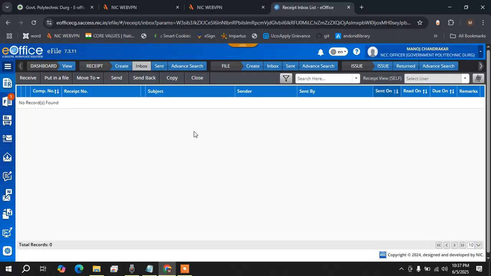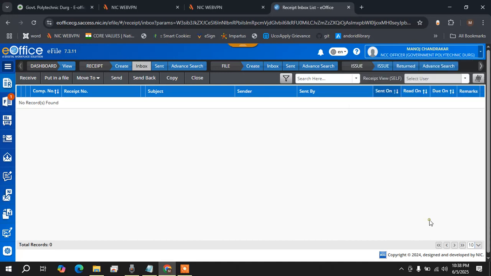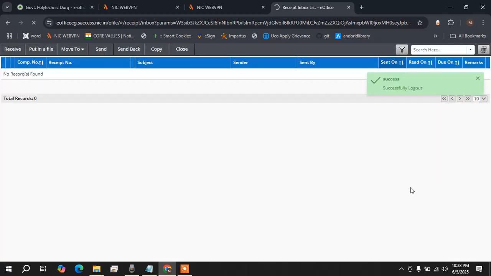Okay. And the receipt section is for any paper or letter which comes to you in physical form or digital form, it comes in this section, inbox. You can also create any file from here. That is a brief about how to log in and how to log out. Just click your name here. There is a button for logout. If you have any doubt, then just